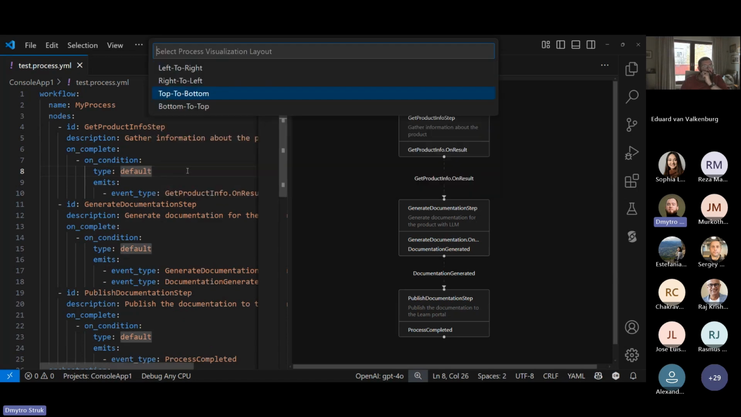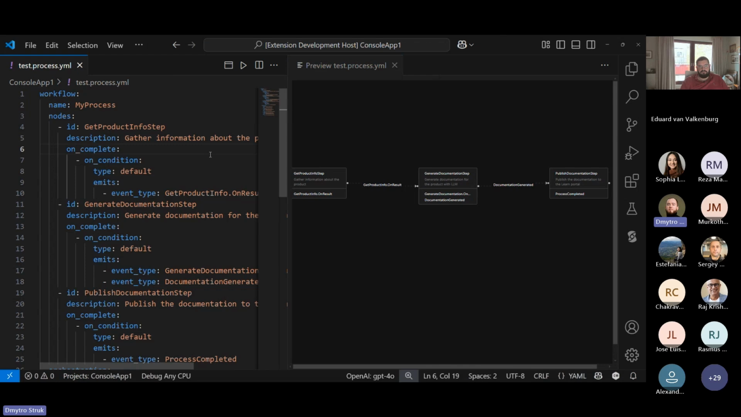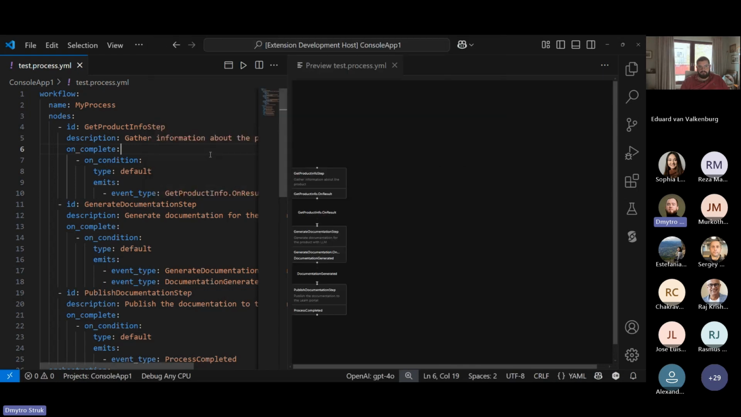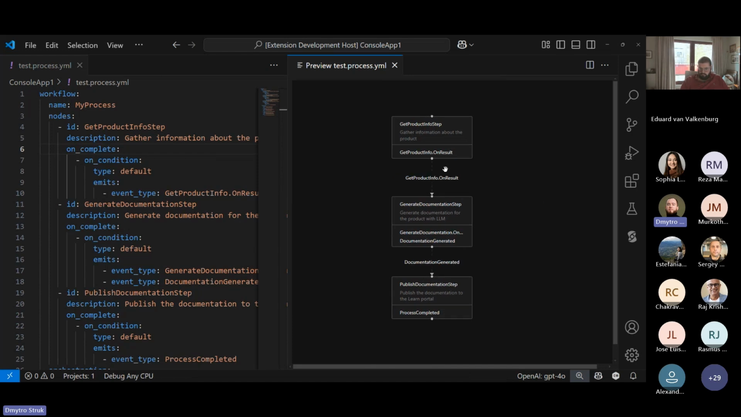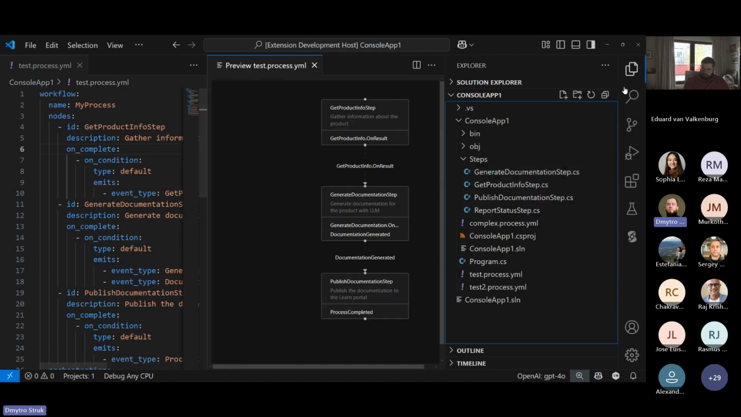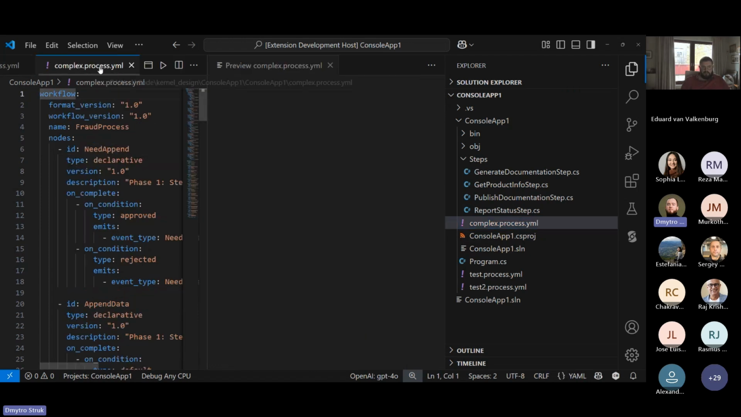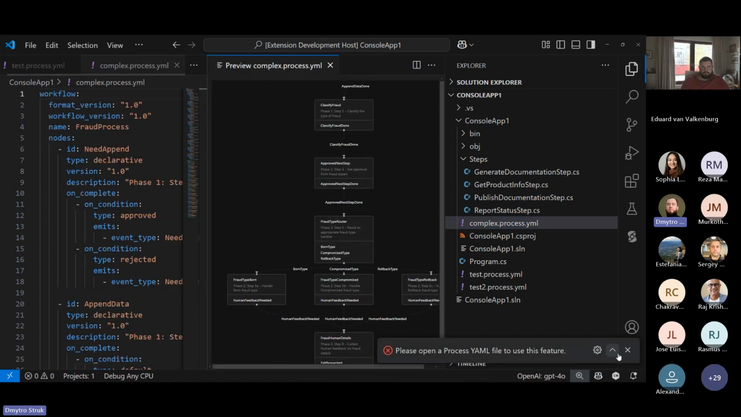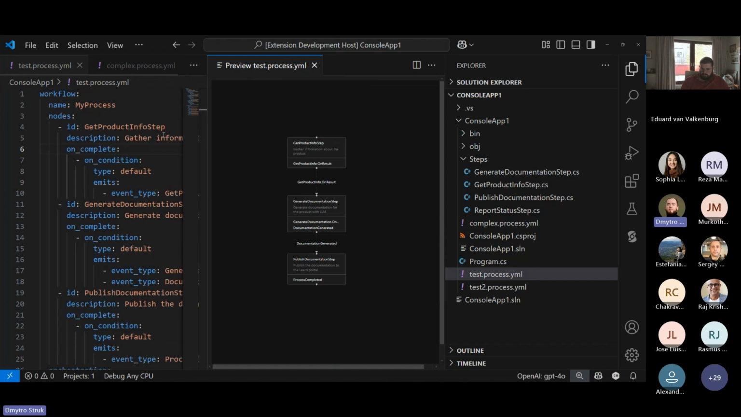Now I can customize it a little bit, and I can change the layout, for example, top to bottom, or left to right. I think it depends on your prompt definition and your preference, how you would like to observe it. And also, for example, if you have multiple workflows in your solution, if you open a new process file, you will be able to see another process rendered here,